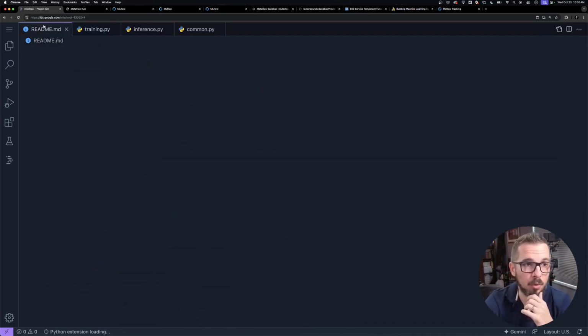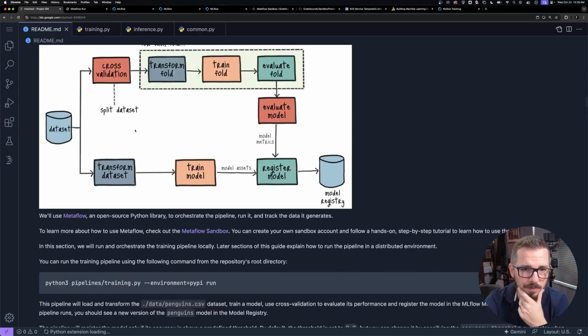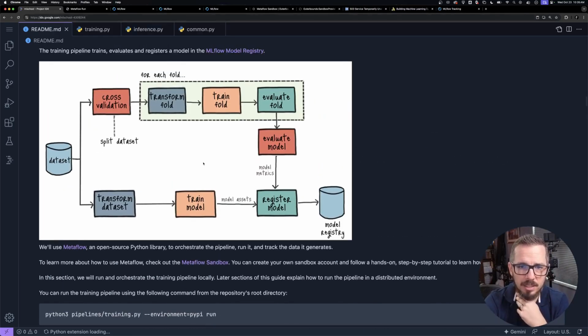After seeing this, if you go back to the README file and you go back to this diagram, it might make a little bit more sense. So yeah,